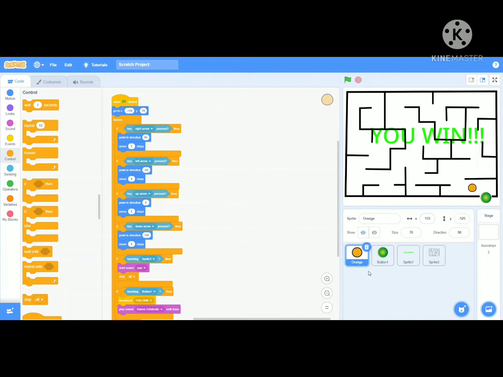using the arrow keys. So first, when the flag is clicked, I've just set a position. So basically, this is the position. So I just set it. Then a forever loop was applied. If the right arrow key is pressed, then point in direction 90. So you see, this is the direction in which I would like the sprite to move,